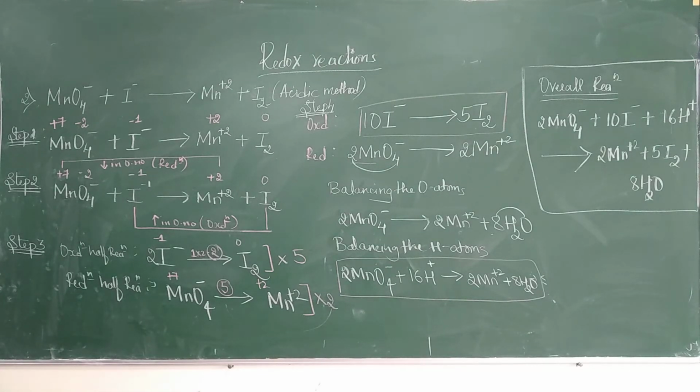Once you look at it, you will understand, then you can copy it. Just follow 3 to 4 steps and you directly get a balanced redox reaction. But the main thing is you should know the oxidation number of all the atoms involved in the given equation, so it is easier to identify where there is an oxidation and where there is a reduction. Clear? We will write the third question now.